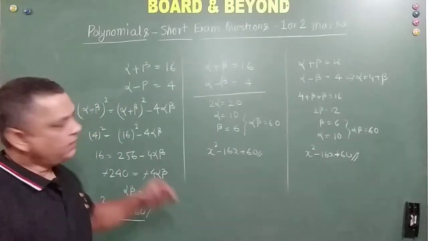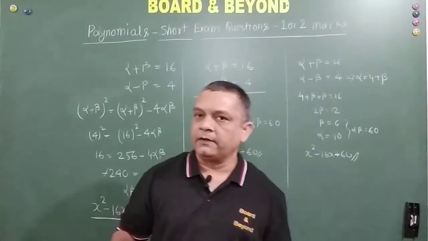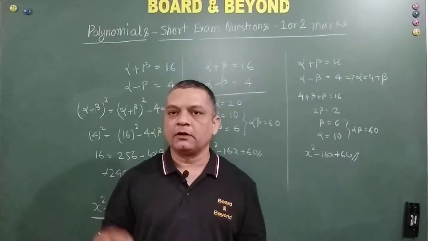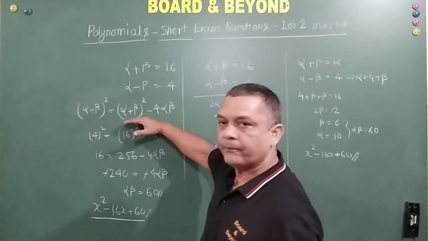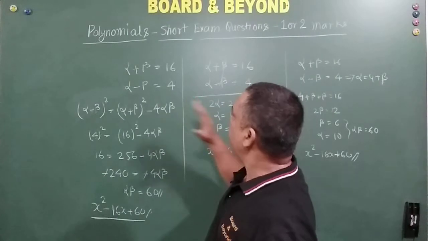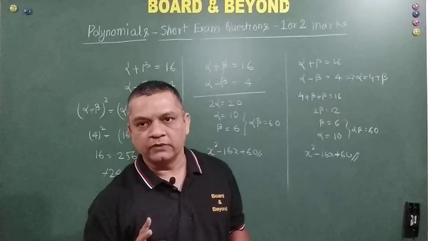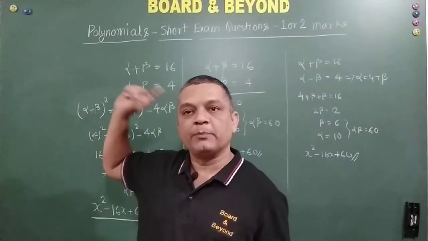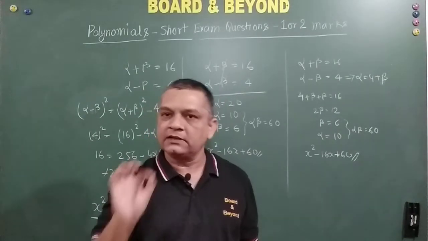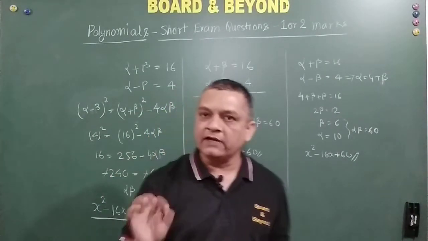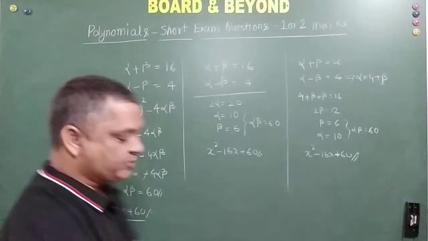You got it? There are three different ways of actually solving it. So now my friends, during the examination, because of the pressure or nervousness, if you forget this formula, no problem. You can immediately switch over to this. But you should be quick enough in deciding which way you need to go. You should have the objective in mind that alpha plus beta is known to me and I need to find alpha into beta to formulate the quadratic equation. That is the whole motto. Once you are able to find alpha into beta, you will be able to form the quadratic equation. So, let's move on to the next question.